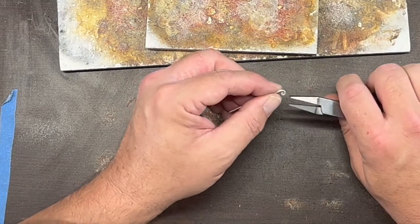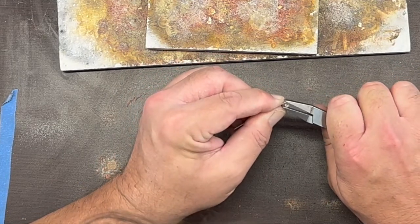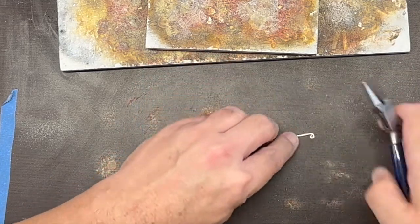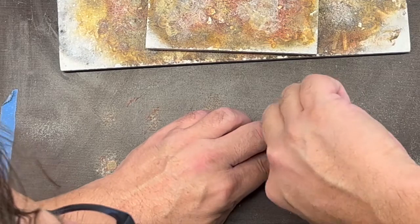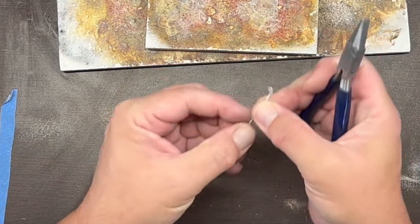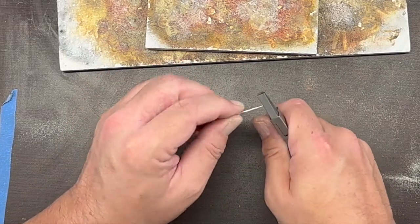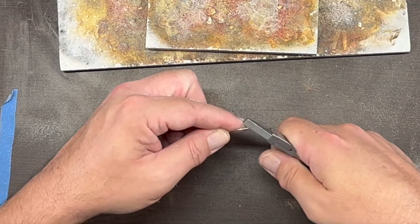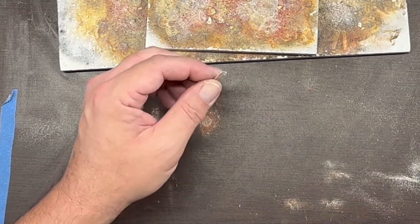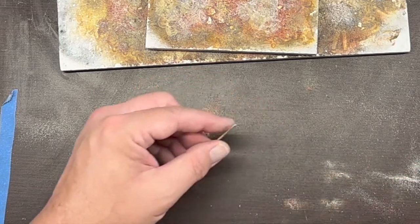Now, if it's not very tight like that, you can squeeze it a bit this way. If you need to, set it on the table like that. See, that gets a tighter little coil like that. And I like to flatten it out with the pliers a little bit. Alright, and then on this end here,